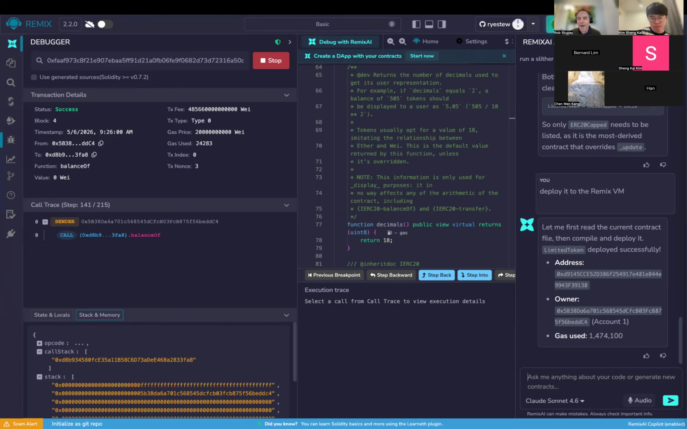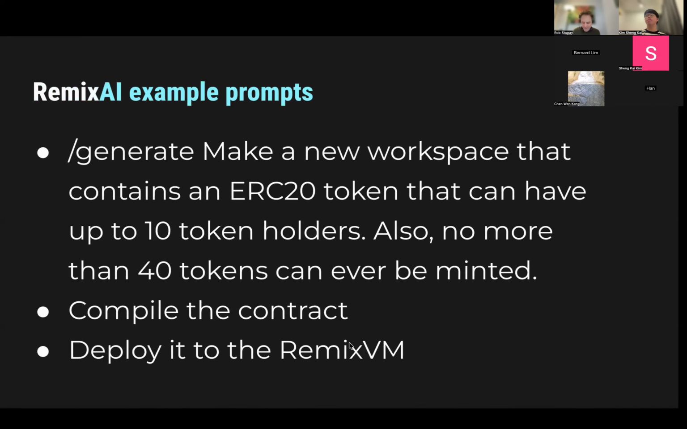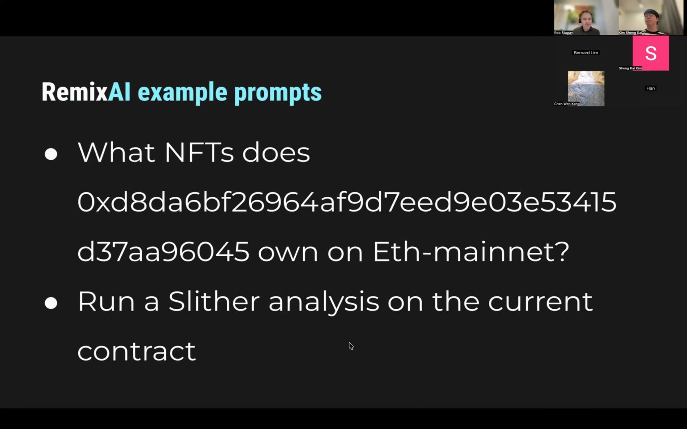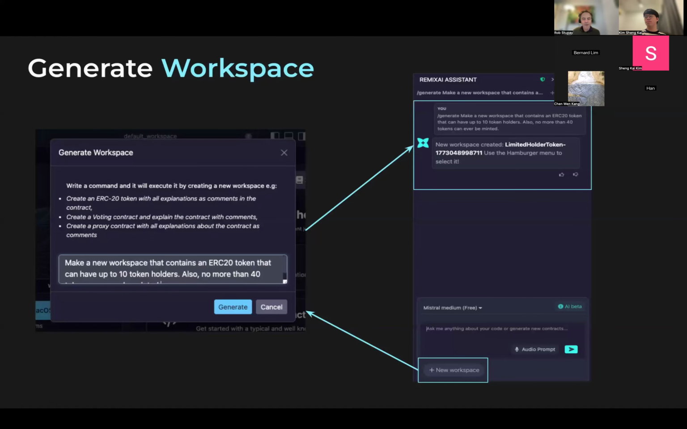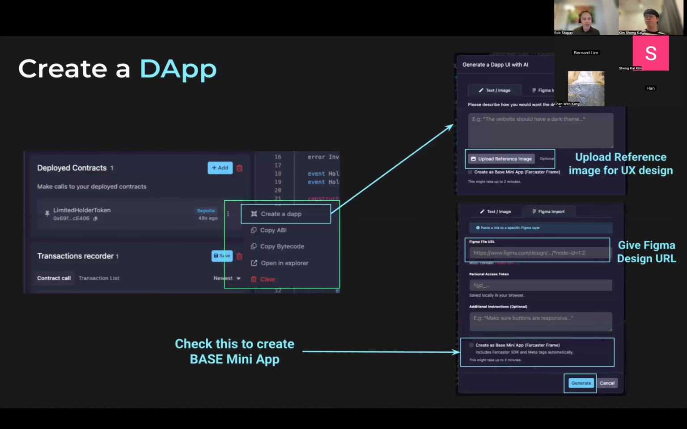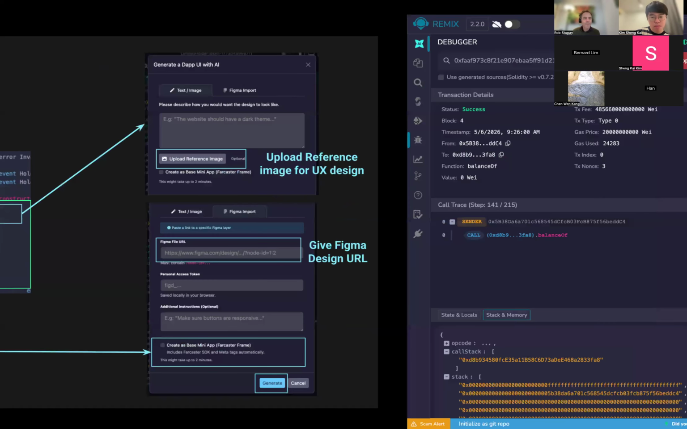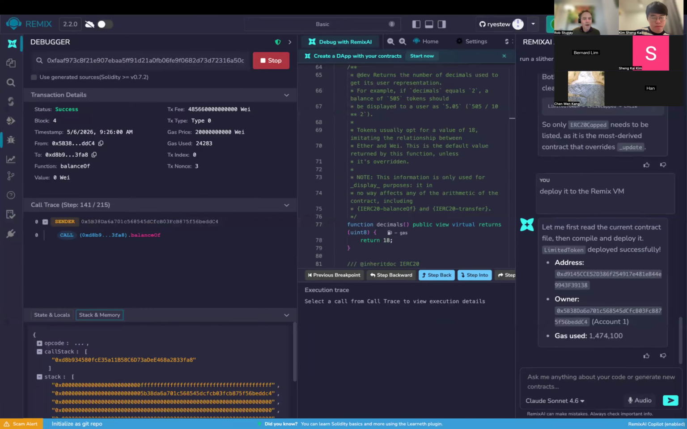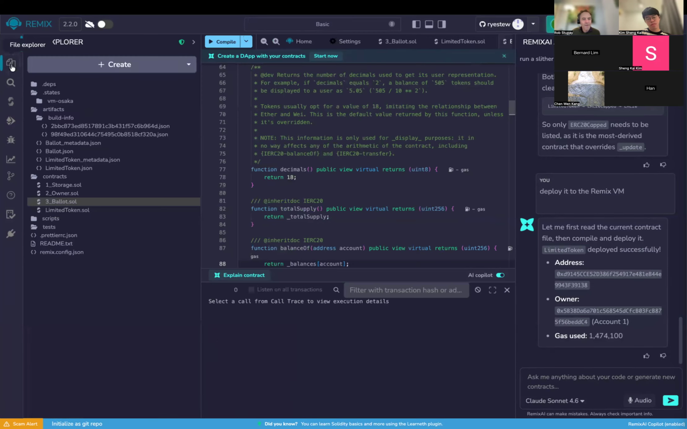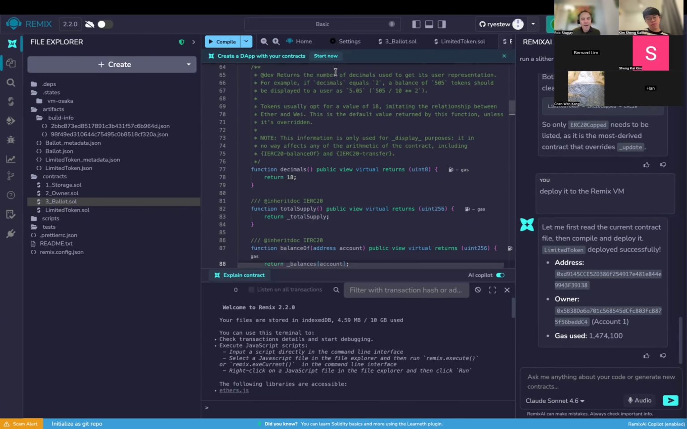What else should we talk about? So we've done some prompt examples, and we've done the generate workspace. We haven't created a DApp. So going back to the file explorer,